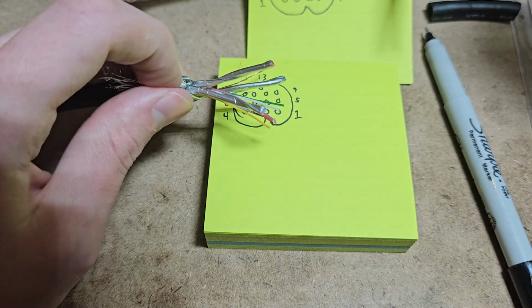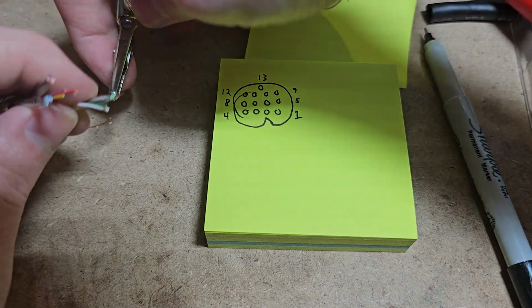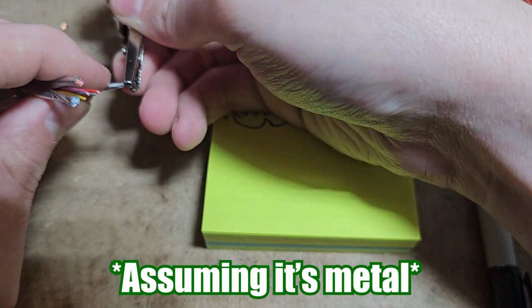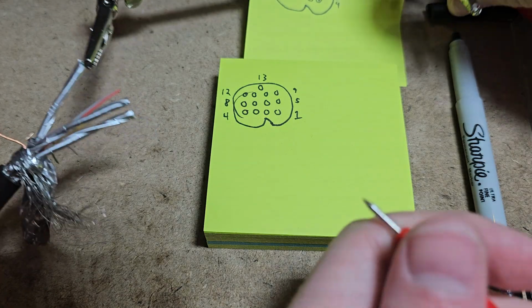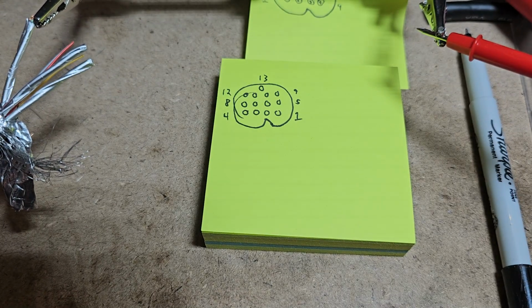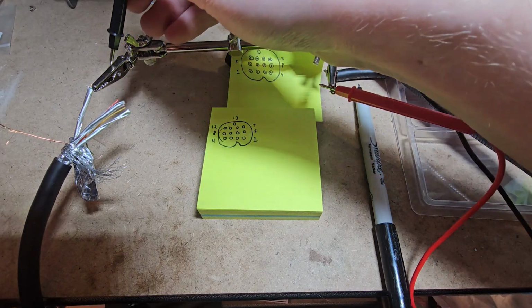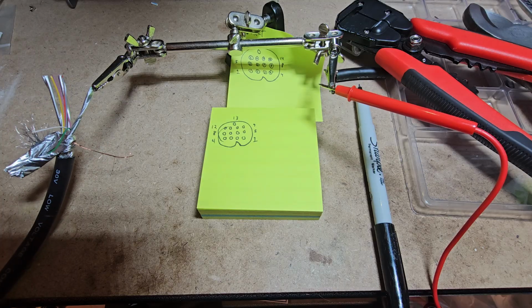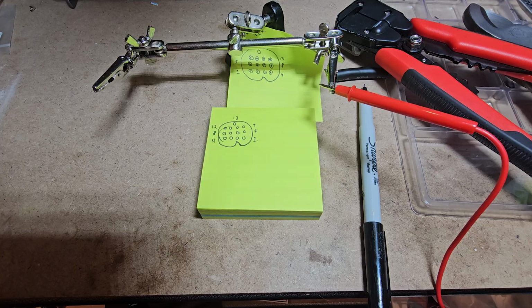Strip some of it back. Since this helping hand set is metal, but you can also just use a clothespin or a chip clip, I'm going to pinch the metal of the connector, and then on the other end, pinch my probe. Now if I touch this, you can see it's a constant connection. So now I can take that, and assuming I don't rip it out of the pin like I did just now, because I'm trying to get this on camera at the same time,